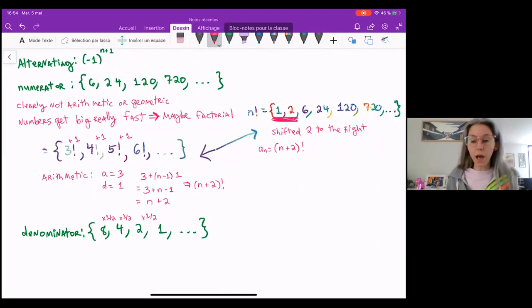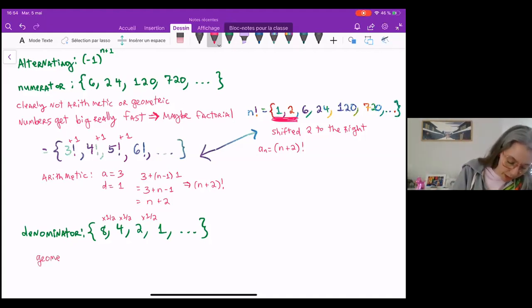If you don't see that, you can go through the checks and be like, hey, look, 8 minus 4 is 4, but 4 minus 4 is not 2. So it's not arithmetic. 4 divided by 8 is a half. Oh, hey, look, it is geometric. That works. So this is geometric with my A equal to 8 and my R equal to 1/2,